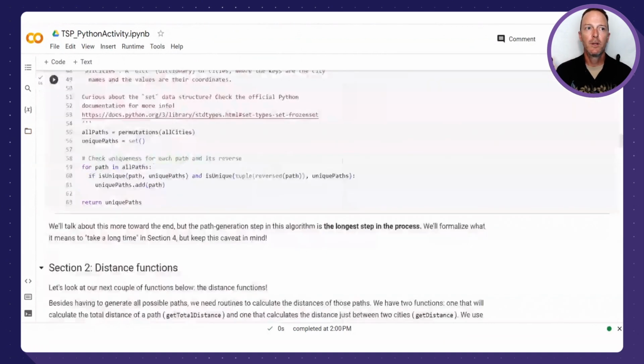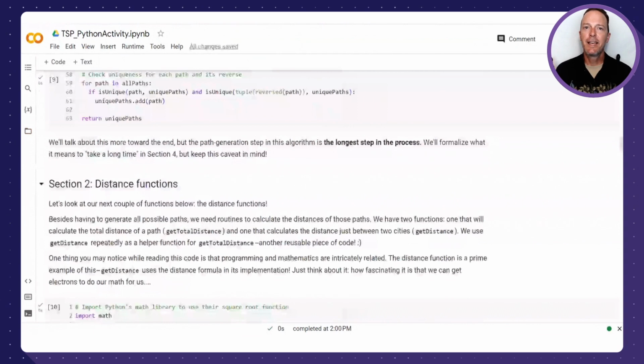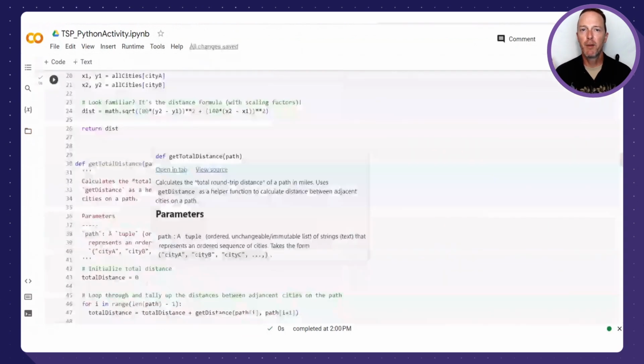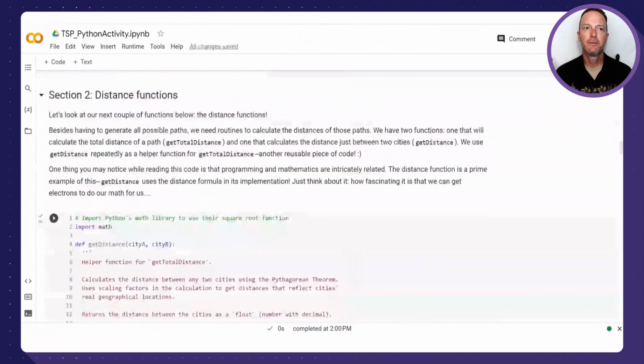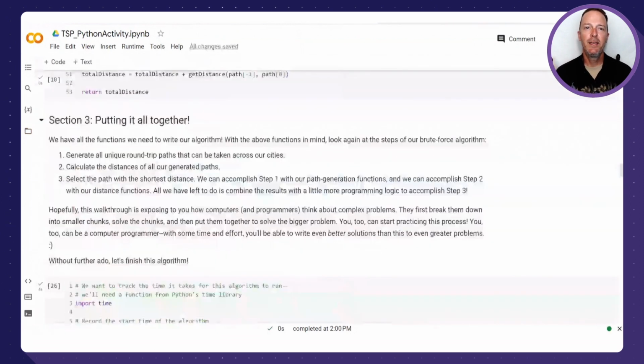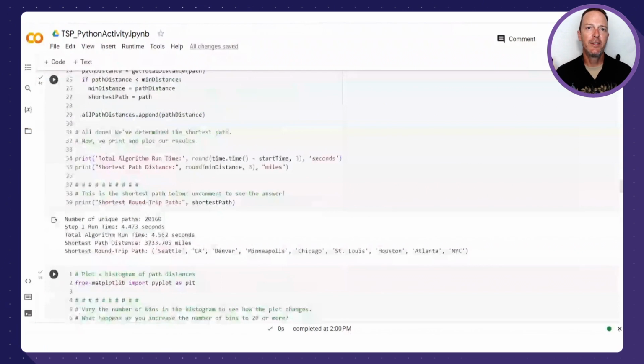those cities. So in section 0, we import all of our cities and where we think the distances are that you calculated. In section 1, we will generate all the paths between those 9 cities. So using the permutation tools in Python, we'll create all the possible permutations and all the possible paths. This is calculated very quickly. In part 2, we'll use the distance function to calculate the distances of each of the paths. In part 3, we'll put it all together and see how the distance of all those paths can be optimized.